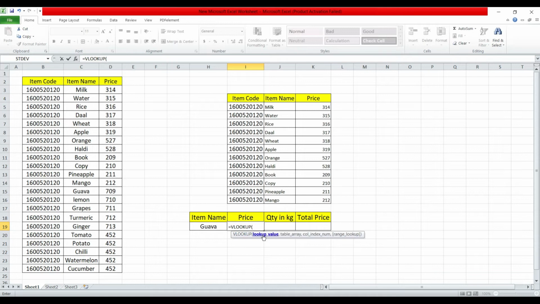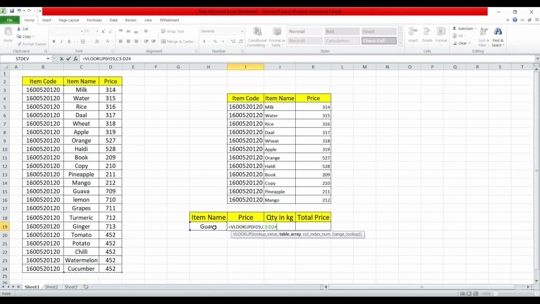It asks for the lookup value, so I select guava and separate it with a comma. For the table array, you have to make the item name the first column, so I will select the item name and price columns, because otherwise it will give an error.